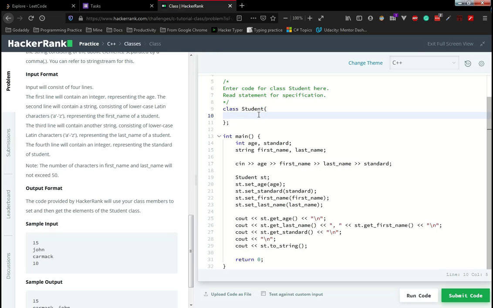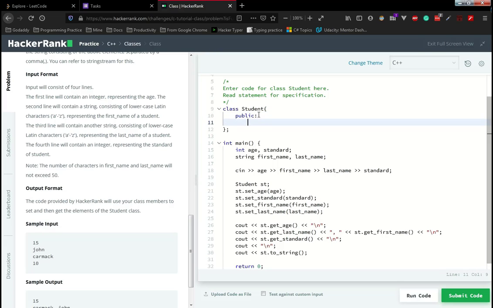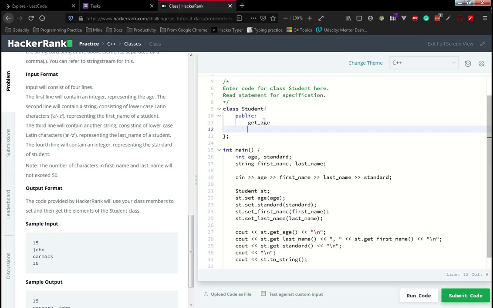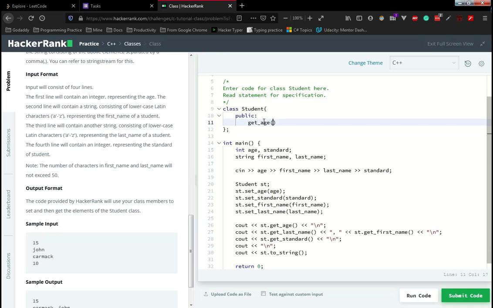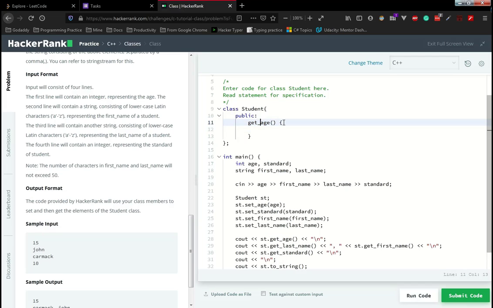I'm not sure whether you know about access specifiers or not. An access specifier is nothing but a restriction level set on the members of the class. What are the members of the class? Members are the variables, and member functions are also called members of the class. Example, get age is a method present within the Student class, so get age is a member function of Student. I hope you understand, right?